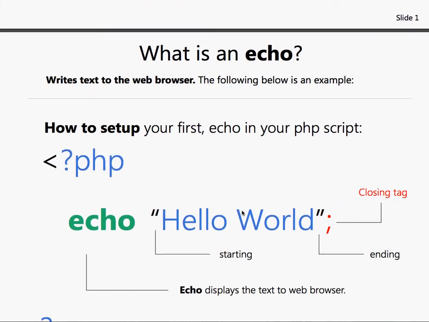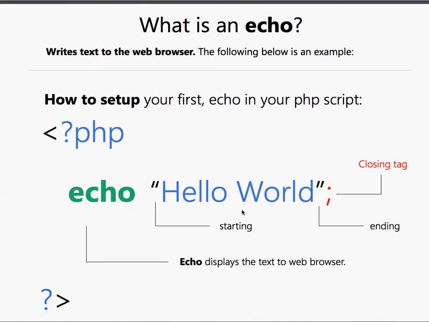So how Marcos was talking about in JavaScript, you do document write to do things. In PHP, we use a thing called echo. When you use an echo, it basically writes text to the web browser. The following below is an example. Echo, quote, hello world, quote, close,